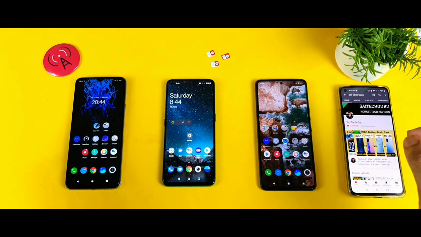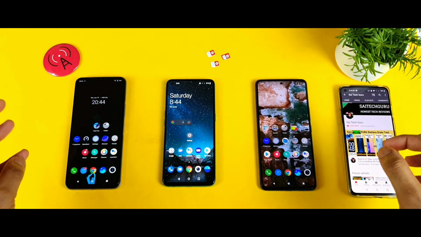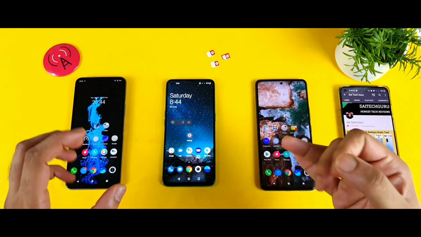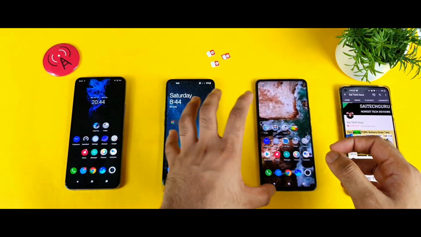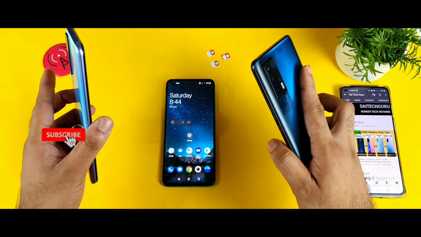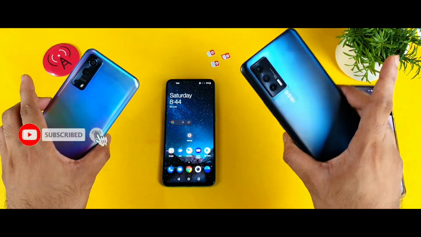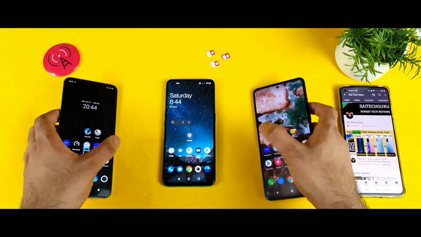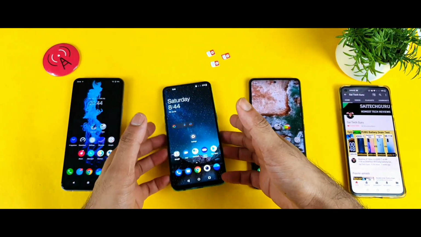In today's video I'll try to do the 4G plus aggregation support test, the speed test, and the download test as well, comparing all the three smartphones which I got right now, as you can clearly see, friends. If you notice, I did get the two iQOO devices right now, the iQOO Z3 and the iQOO 7. As you can see, friends, I have these two phones, and in the middle is the OnePlus Nord, which is the latest addition in my channel.